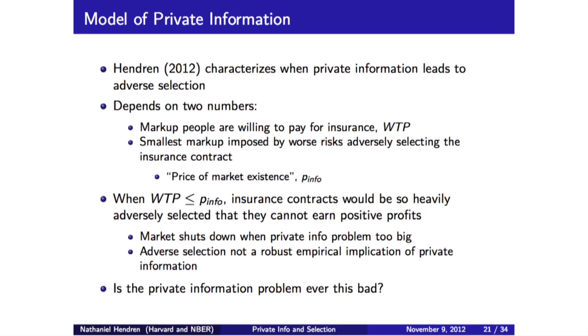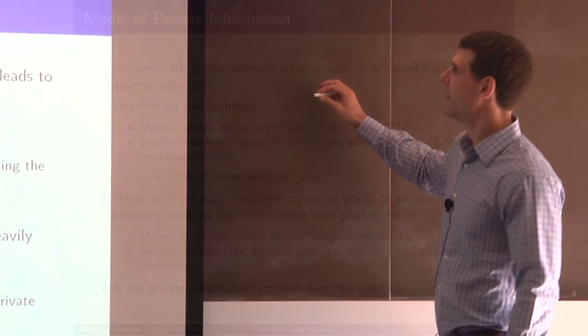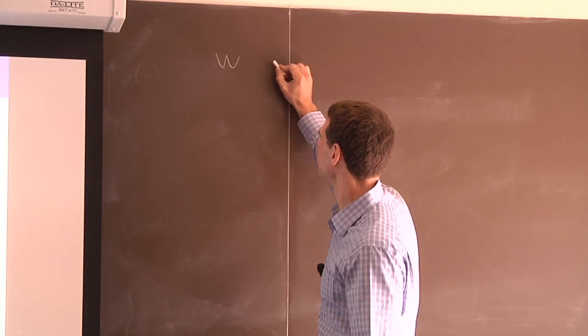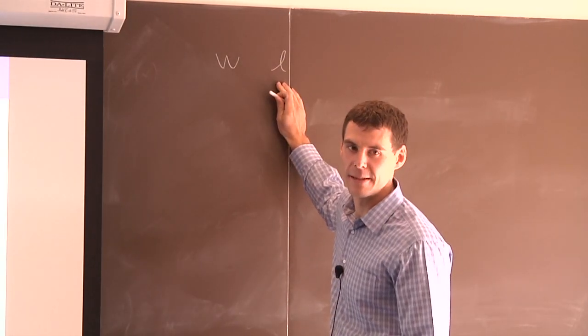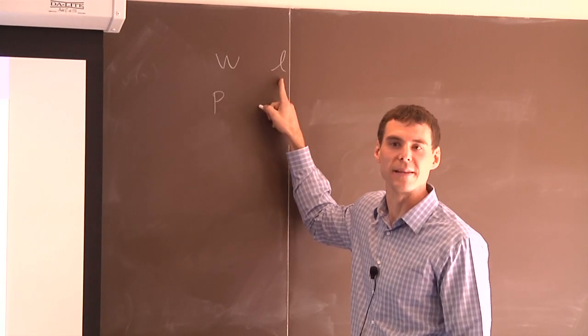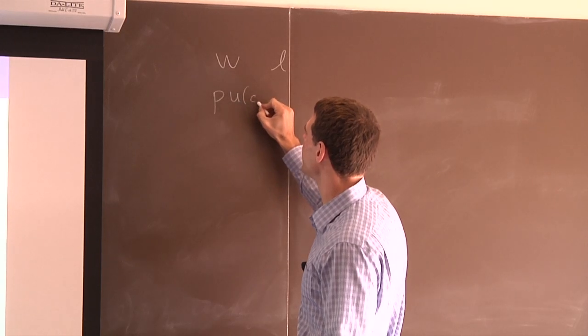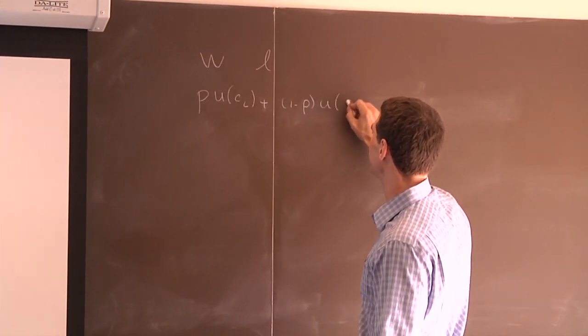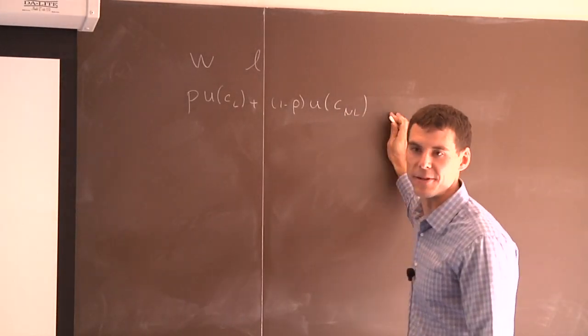The condition that we were talking about over here turns out to be the condition in which you can say whether or not trade would occur. Maybe you can't see it very well over here, but I'll write the condition again. The environment is straightforward. People have some initial endowment W. They face a potential loss, so they're either going to consume W or they're going to consume W minus L. They have a utility function given by P, where P is their privately known probability that this loss is going to occur. So P times the utility of consumption in the event that the loss happens, plus 1 minus P times the utility of consumption in the event no loss happens. So that's their utility function.